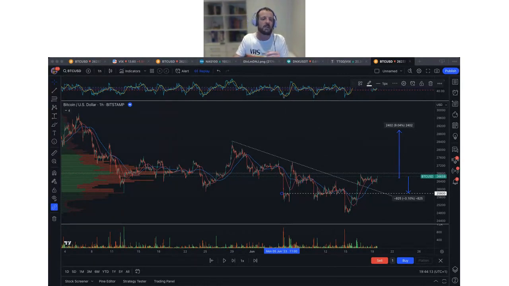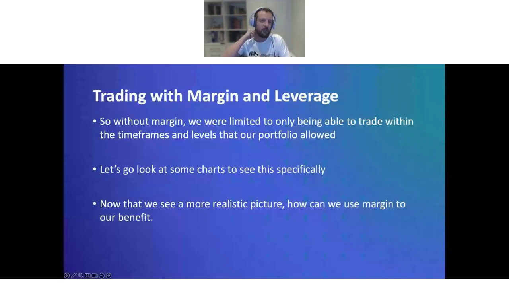All right, awesome. So by looking at the chart, when we look at the levels on the chart and when we apply our 1% rule and our risk reward ratio to it, it kind of limits us to what we're able to do. Because in fact, if we were really going to apply that rule fully and follow that rule 100%, like it is a business, we wouldn't even enter that trade, because we'd look at that trade and say, well, the risk reward ratio just doesn't meet the levels and the targets that I can physically see on the chart, according to my thesis and according to my planning.